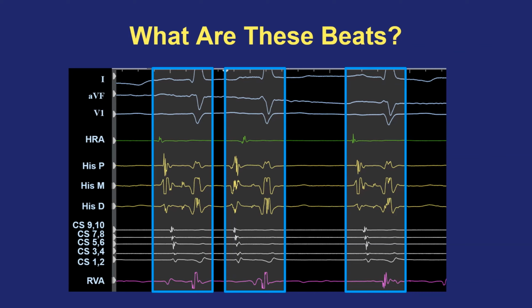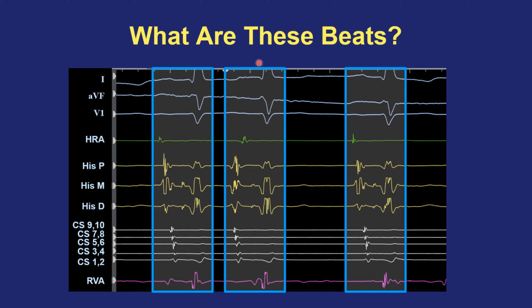In fact, those are both sinus beats, and you can tell again because of the activation sequence in the intracardiac electrogram channels with the high right atrium first and so on, as we've discussed twice before. The second beat, however,